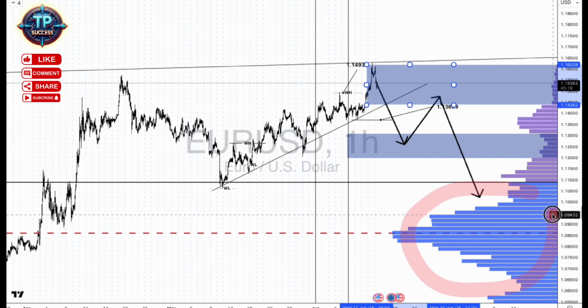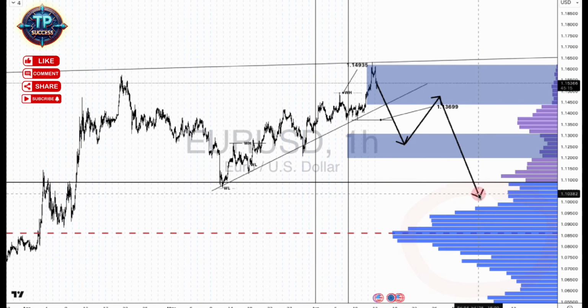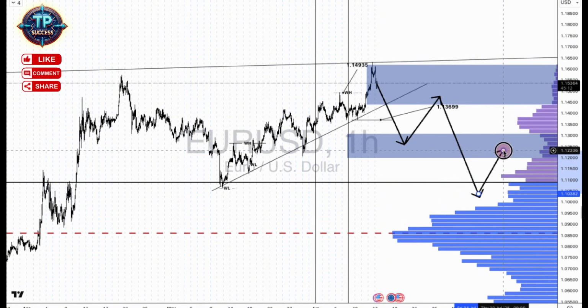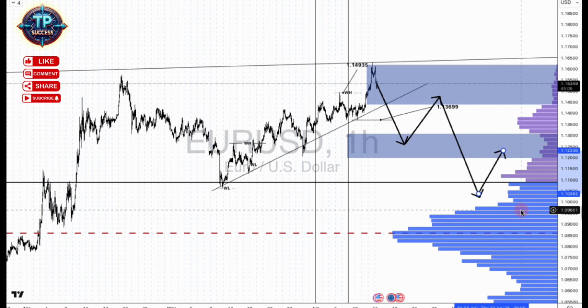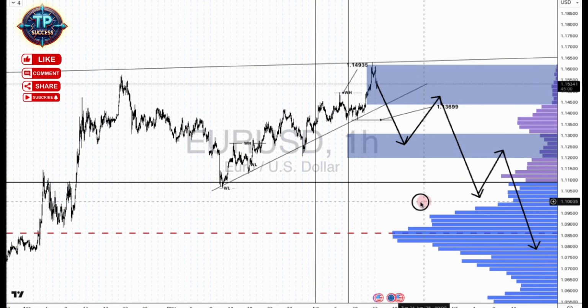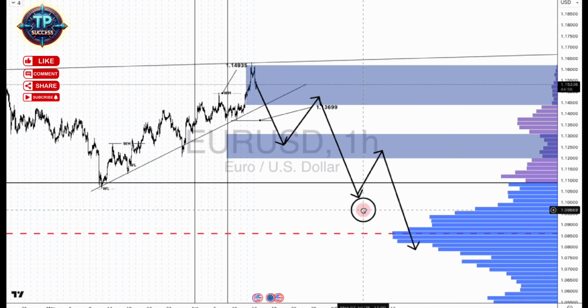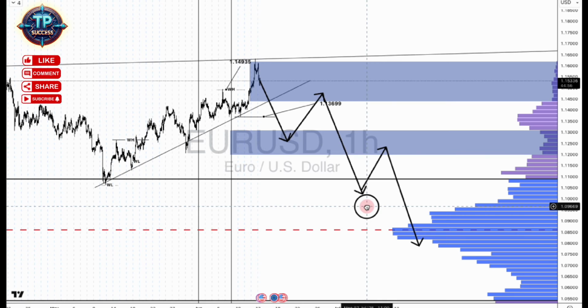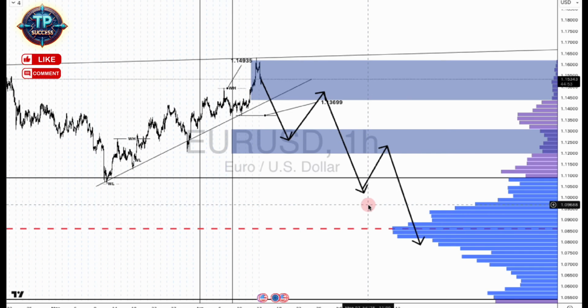This area right here, at which point I could expect another bounce back up into the low value node before it does the same thing again and pushes back downwards, like so. So that is what I am expecting for EUR/USD to perform within the next couple of days. Like I said,